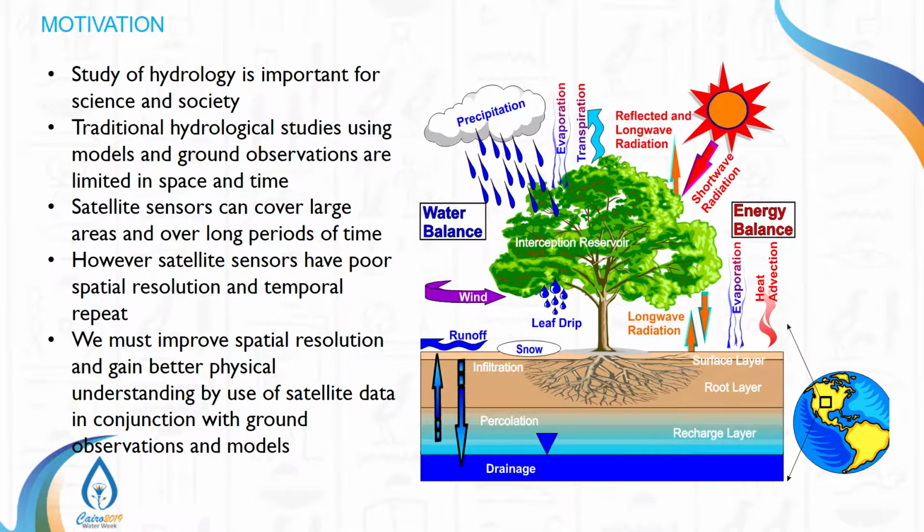The hydrologic cycle, as you can see, has a lot of processes happening in it, and in recent years we have been getting a lot of satellite observations and Earth observations which can tackle specific processes of this hydrologic cycle. We can use them to have a better understanding, or a better way of closing the terrestrial water budget using remote sensing, where you can look into the increasing availability of satellite observations.